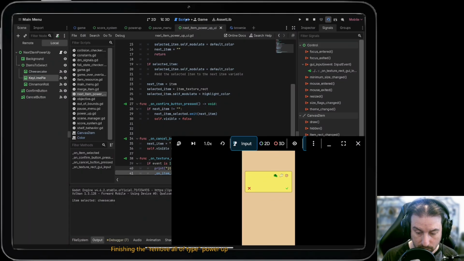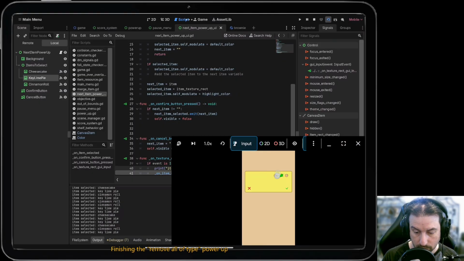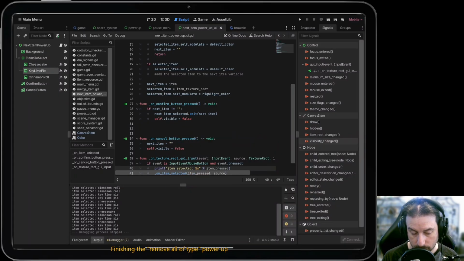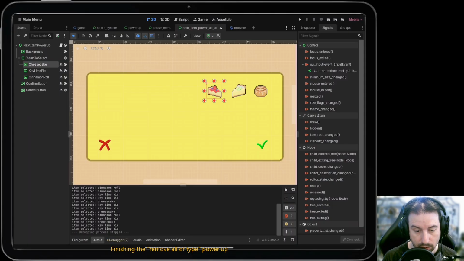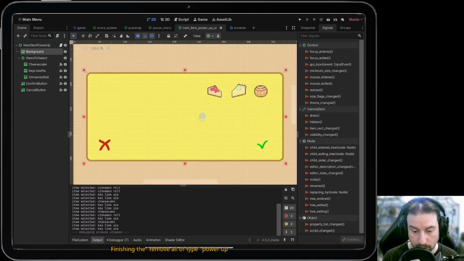So we have the cheesecake, the key lime pie, and the cinnamon roll. Okay, so everything is working. I still need to check the sizes, but for now,